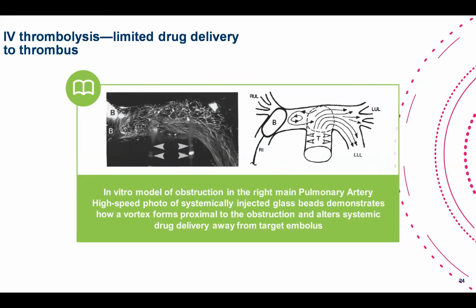Okay, so now what's the dynamic behind using IV thrombolysis? So imagine this is the clots in the pulmonary circulation. So this is the main pulmonary artery, left and right. So this is a clot. As we know, the thrombolysis won't destroy the clot, but prevents further events. So the drug will come in here, and then by the turbulent flow, it will come back to the normal side. So basically we're not doing anything.